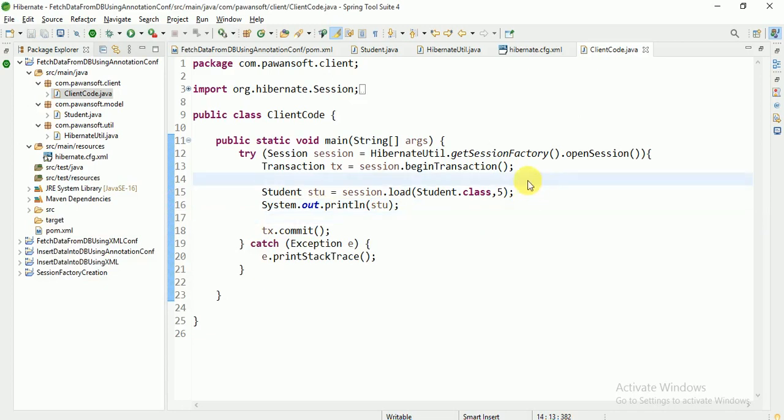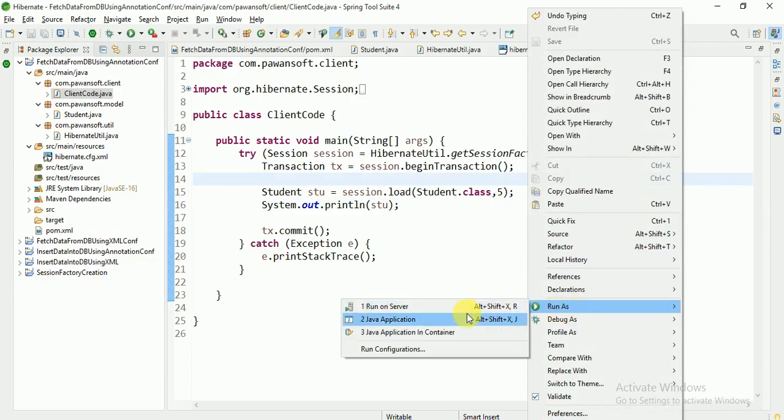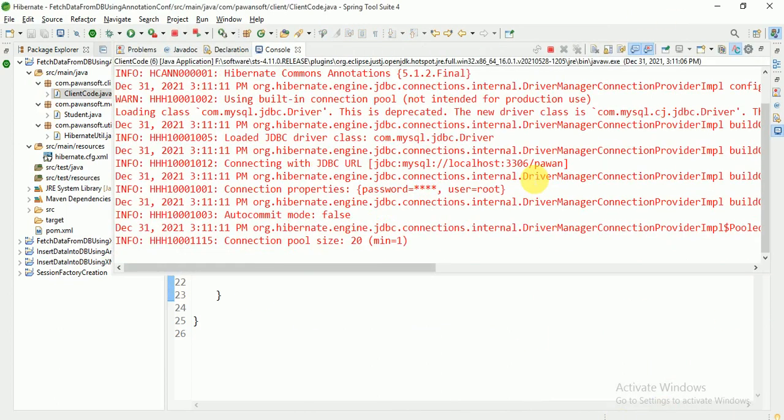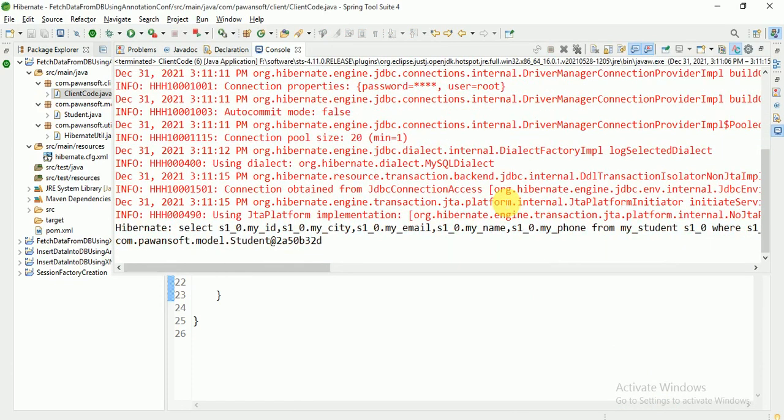Let's see if it's printing or not. Run as Java application. If you see, it's printing, right?